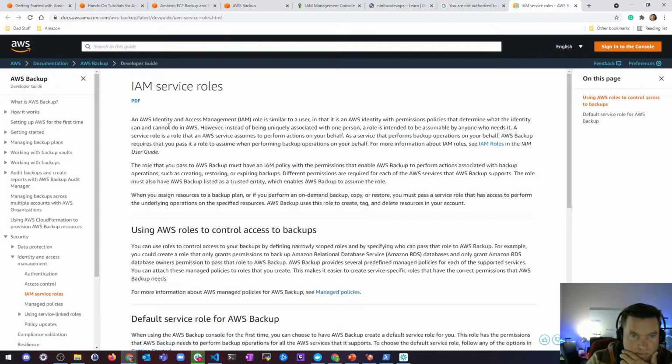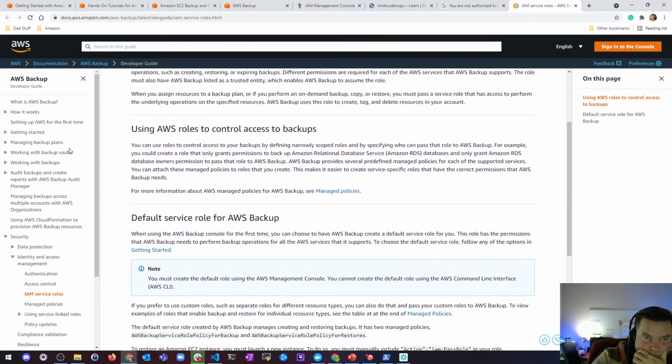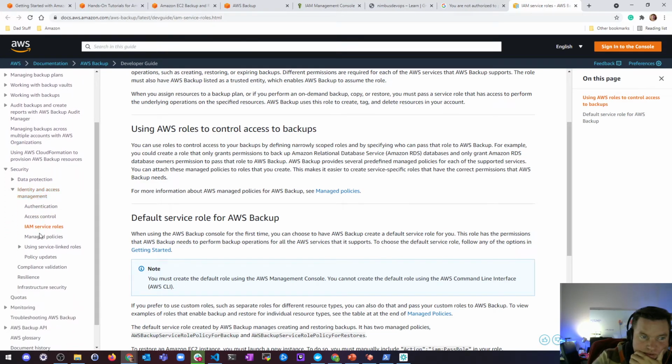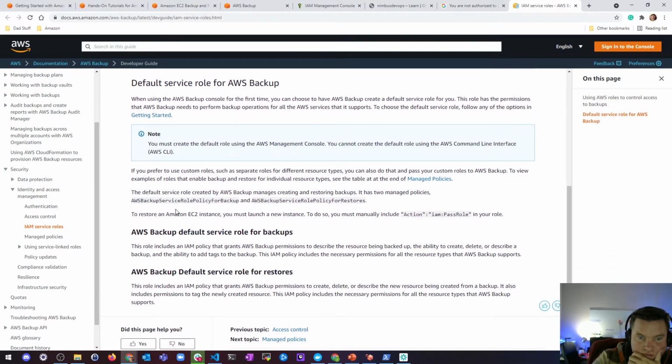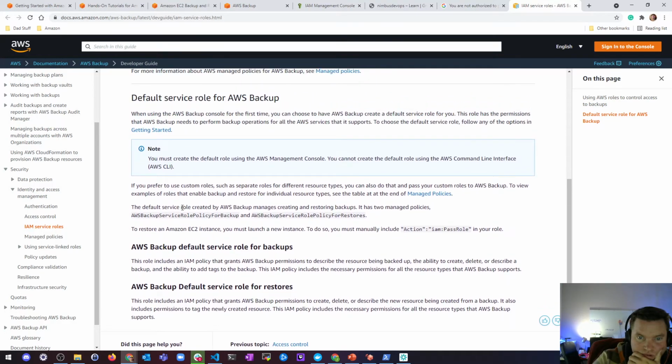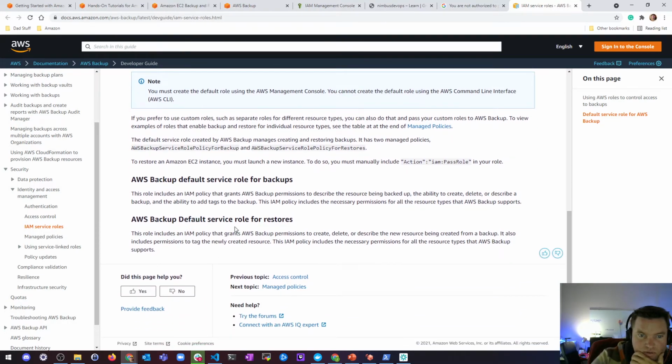So if we go out of here, let's check the AWS documentation. You can use roles to control access to your backups by defining narrowly scoped roles and specifying who can pass that role to AWS Backup. Okay, so let's see if there's a restore. For restores, default service role. This includes an IAM policy that grants AWS Backup permission to create, delete, or describe the new resource being created from it. It also includes permissions to tag. This IAM policy includes the necessary permissions to all resources